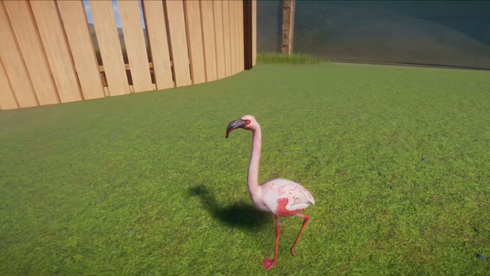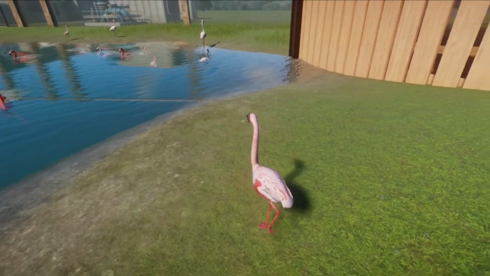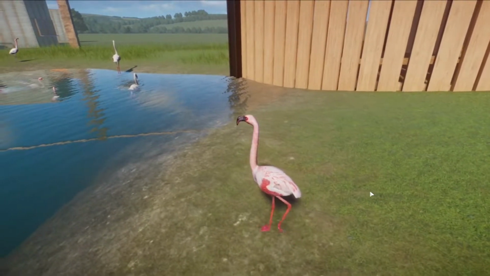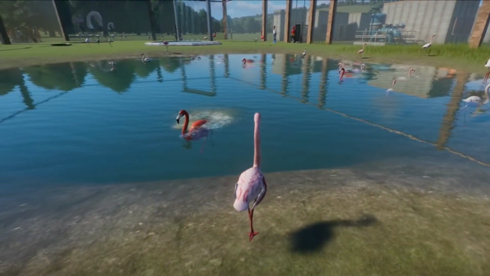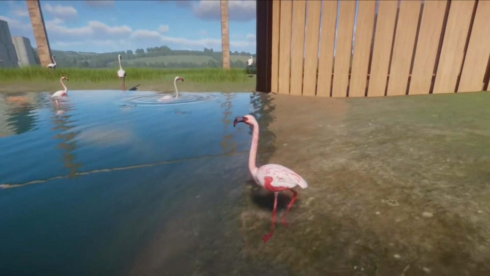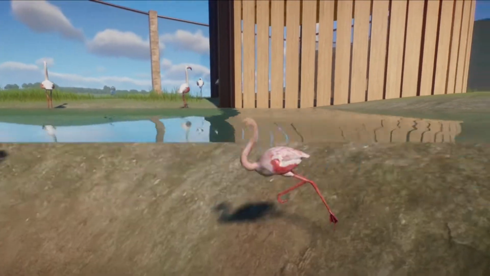Moving. I love the little tail thingy. I think all of them have the same animations because they're made on the same animal. It moves beautifully. The shadow glitches a bit, but that's not a bad thing. The bad thing here is